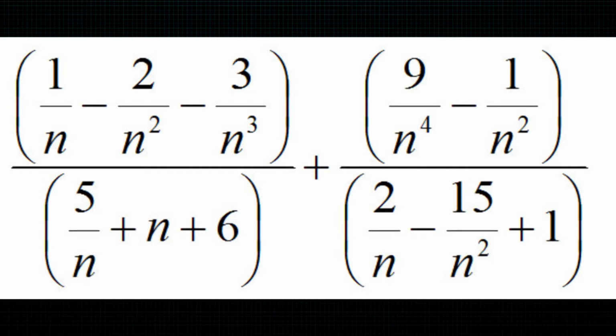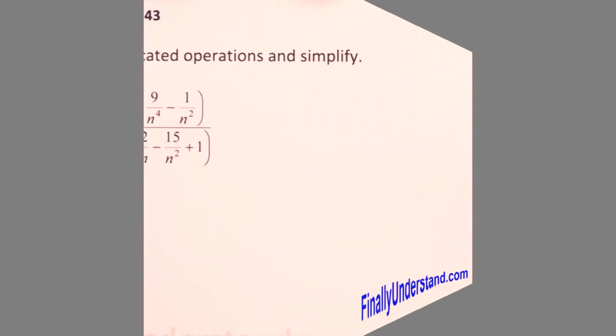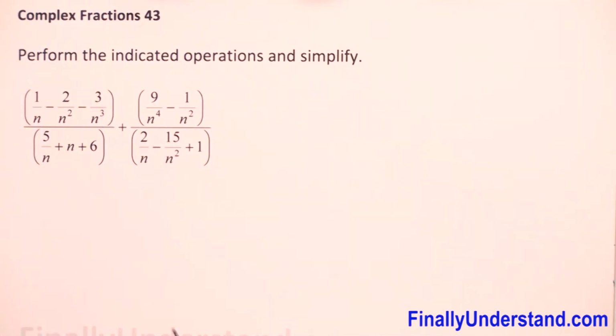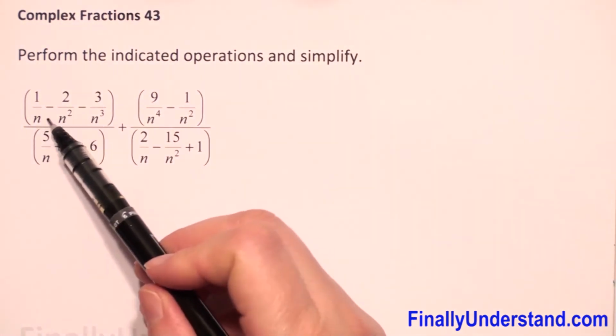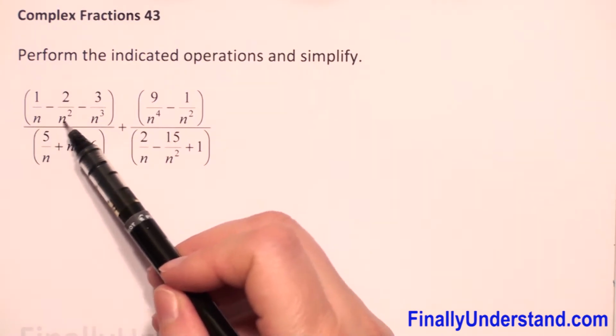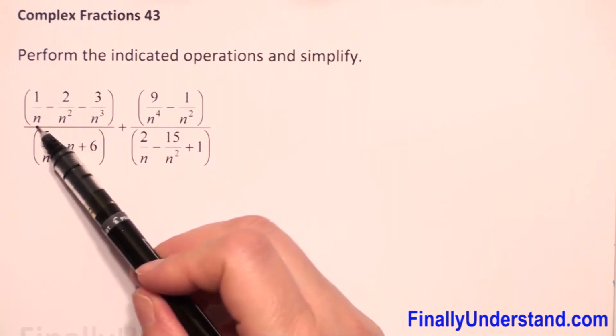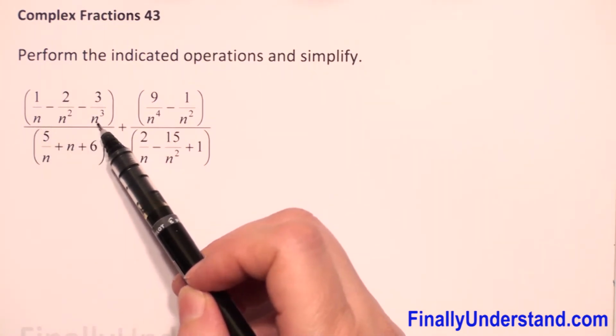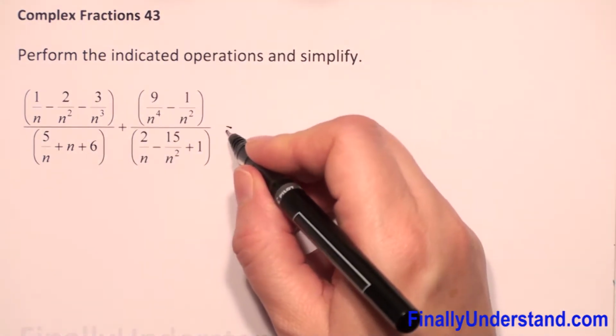We have here addition of complex fractions. First, we need to do the operation in the parentheses. We have subtraction. We know that we have to have the same denominator, n square, n cube. So the denominator will be n cube. So let me rewrite our